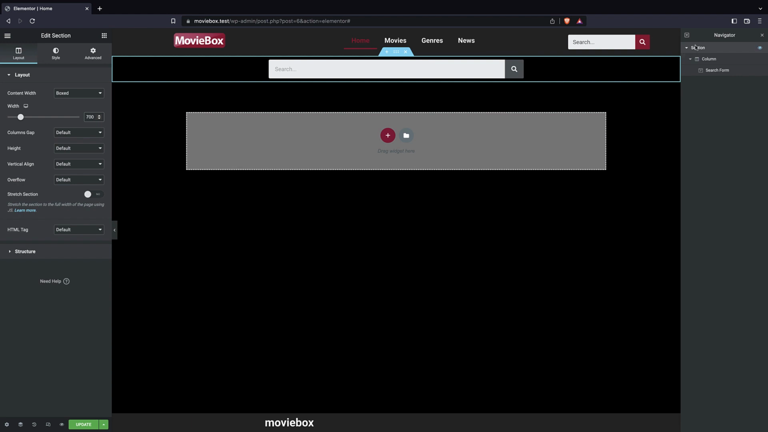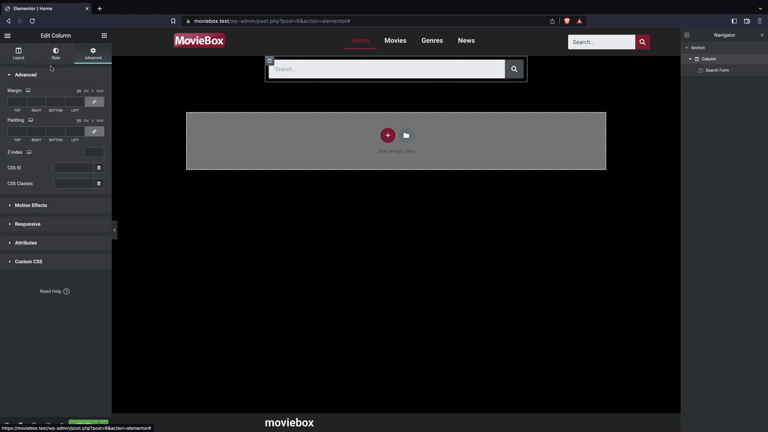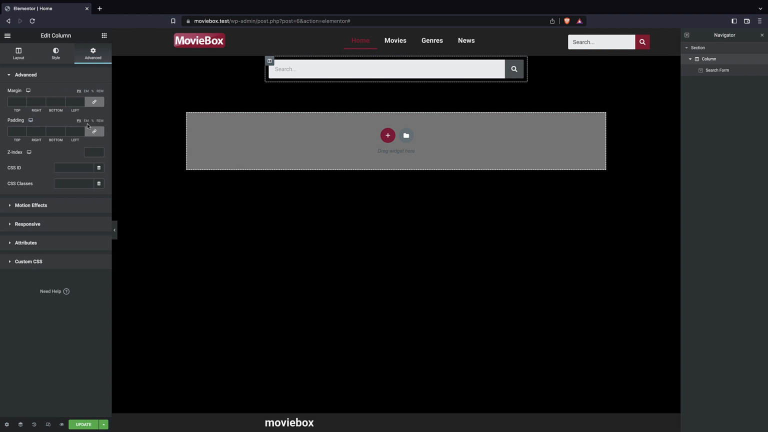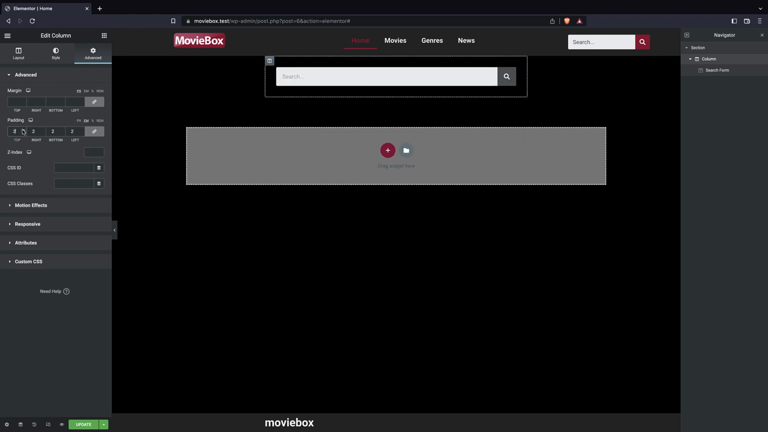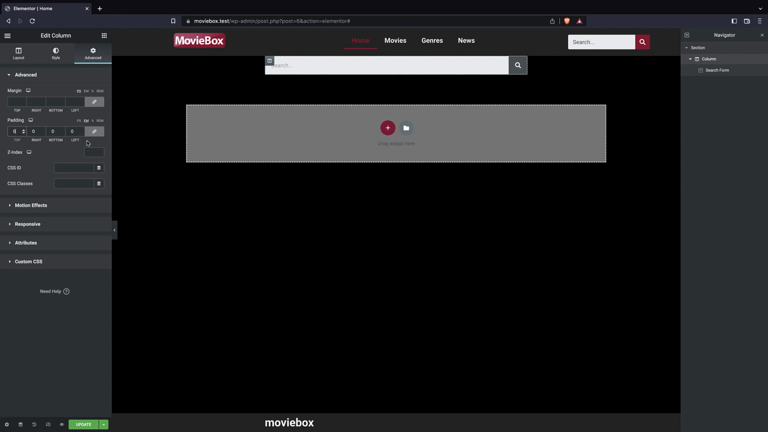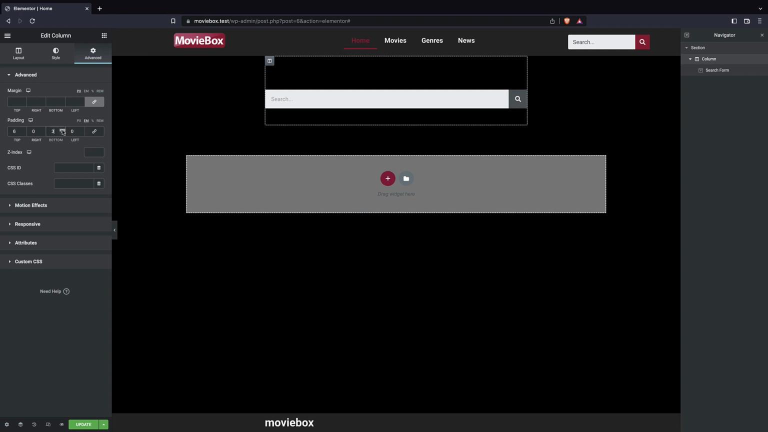And now we can just give it some padding. So I can just select my column and then style and then advanced. And for the padding, we just want to give it some padding like this. Now we can just give it top and bottom padding. That's enough. So I can just unchain them. We can also use margin if you wish, but padding are just okay. So I can just give it some top and bottom padding